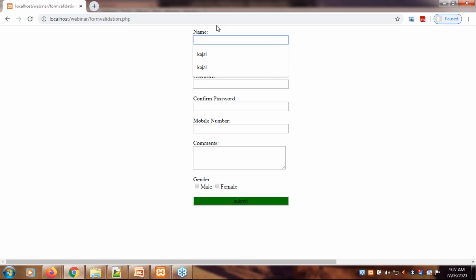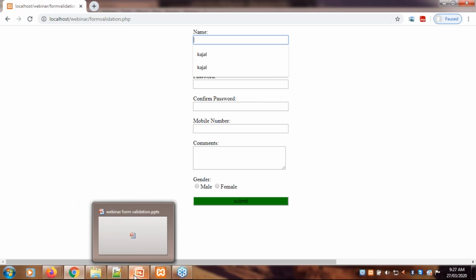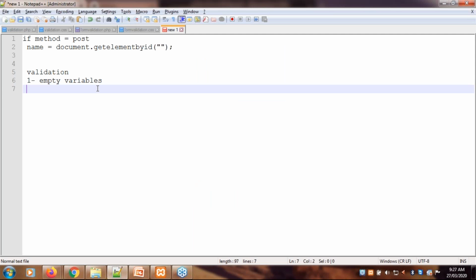Now we will get this name by using the $_POST method. But in JavaScript, we get this name using document.getElementById, and in brackets we provide the ID. But in PHP, document.getElementById is replaced with $_POST, and then you have to provide the name of that particular input type.